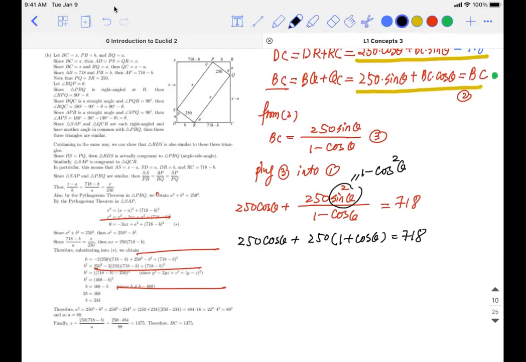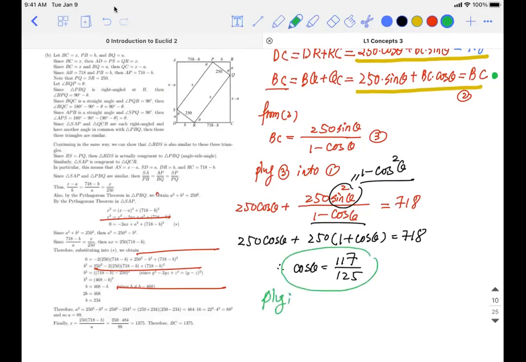718. Is it right? This is easy, right? You can use a square minus b square equals a plus b times a minus b, and you can cancel this 1 minus cosine theta. So therefore, cosine theta will be 117 over 125. Yeah, there are some calculations. As long as you know the cosine theta,